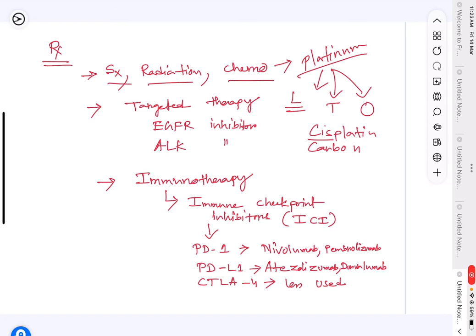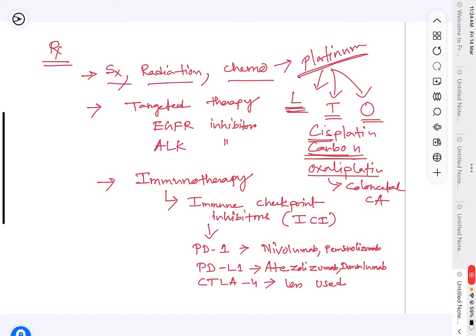Out of the two, cisplatin is the older one, carboplatin is the second generation drug. This carboplatin was added to reduce the toxicity of cisplatin. The last drug in the platin group is oxaliplatin, but this is not used in the conditions where the other platinum drugs are used, that is lung cancer, testicular and ovary. Oxaliplatin is used for colorectal cancer,